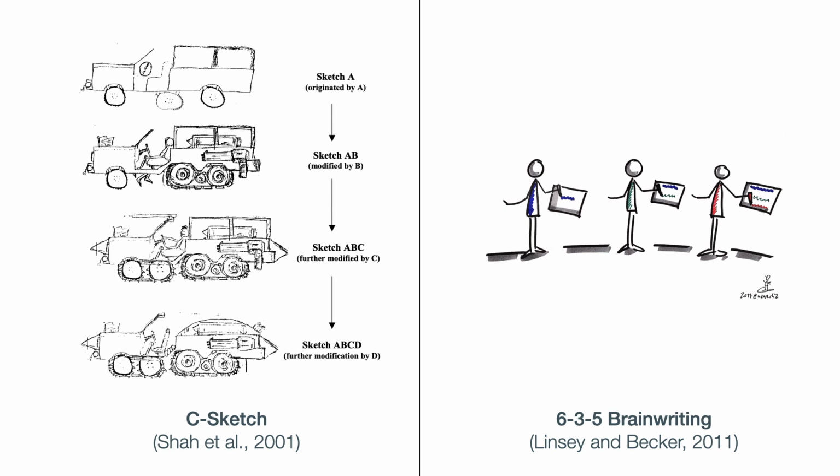Researchers in the past have investigated how we can address design fixation with group ideation techniques. In SIGCHI, every team member draws sketches of possible design solutions for a given problem. Each team member starts by drawing a sketch, and then the sketch is passed on to a different team member every couple of minutes. This process continues until everyone's sketches have reached all members. Similarly, 635 brainwriting also utilizes group ideation. Participants write down their ideas on a worksheet and then, like SIGCHI, they will swap their worksheets to a teammate. The teammate will then build upon the written ideas. These works focus on expanding the individual's potential solution space and negating individual biases.